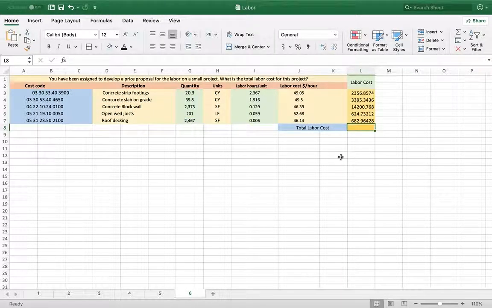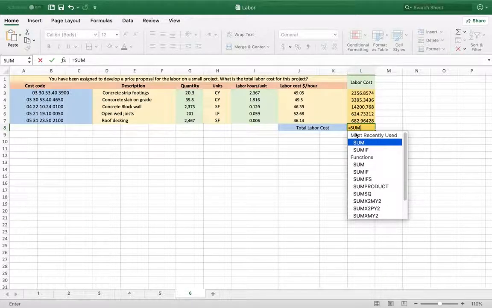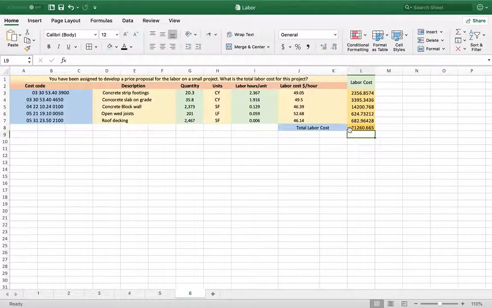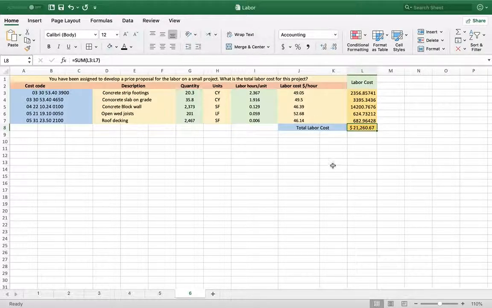So now we got total labor cost for each. So now we want the total labor cost equal sum. So the total labor cost is 21,260.67,